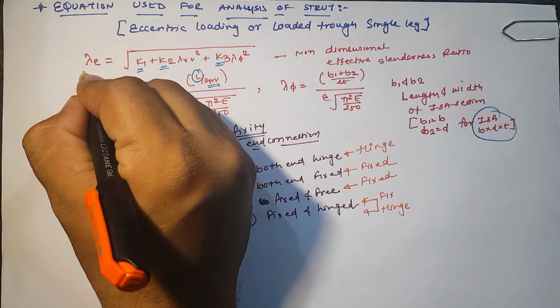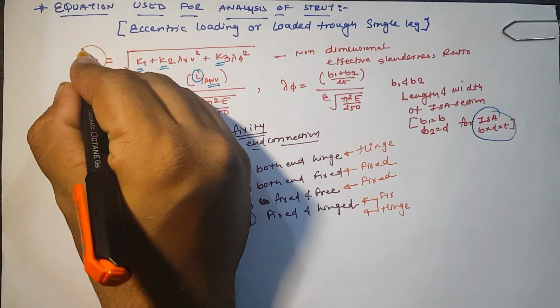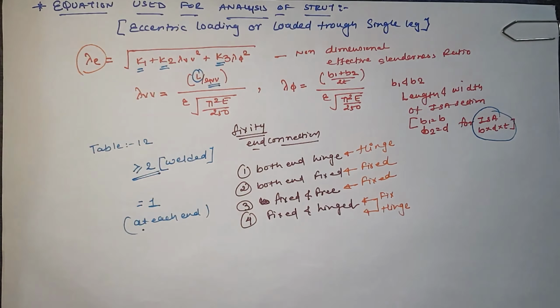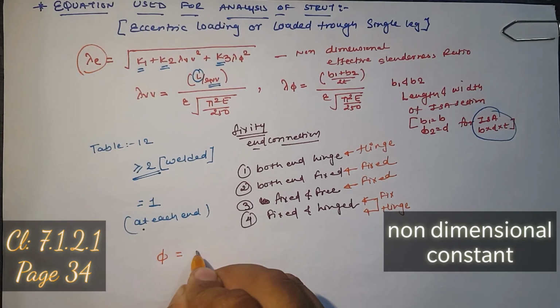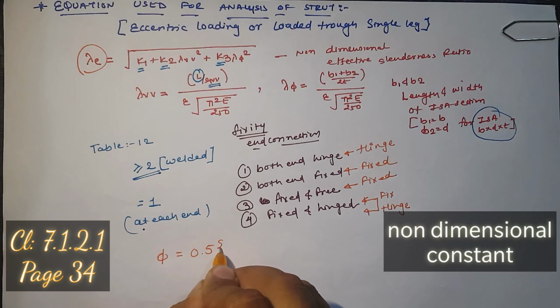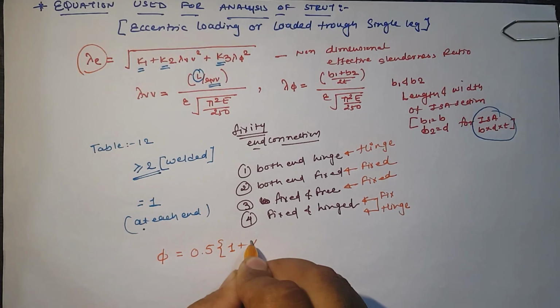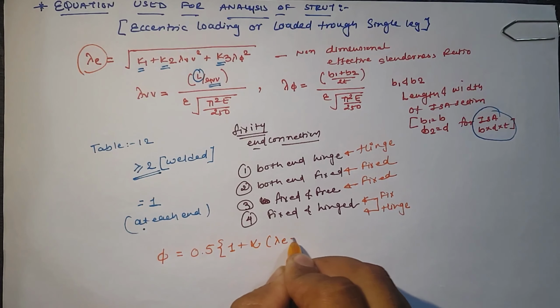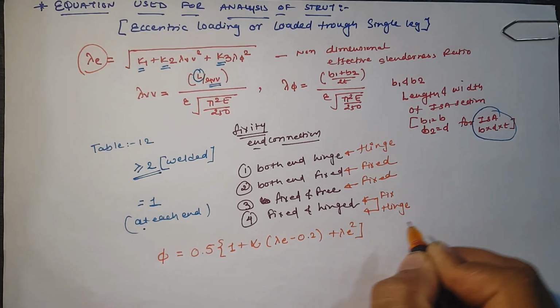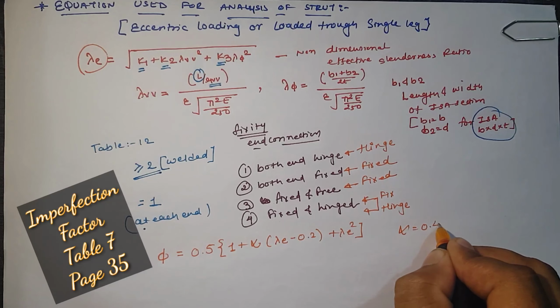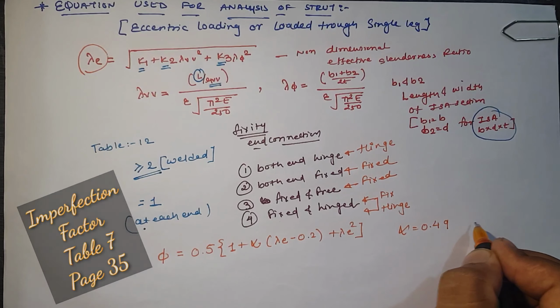After calculating the values of K1, K2, K3, lambda VV and lambda phi, we will get the value of lambda E. After that, from lambda E, we will find out the value of phi, which is equal to 0.5 into 1 plus alpha into lambda E minus 0.2 plus lambda E square, where alpha is equal to 0.49 as an imperfection